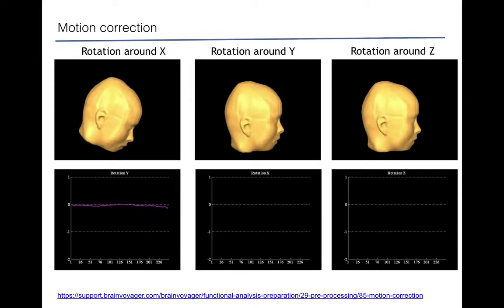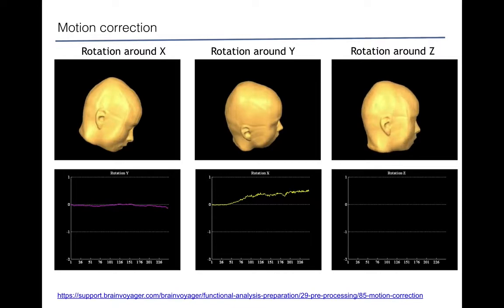So as you can see, as the subject's head moves, the location of the voxels obviously are not the same as before. So that's when there is a motion involved,